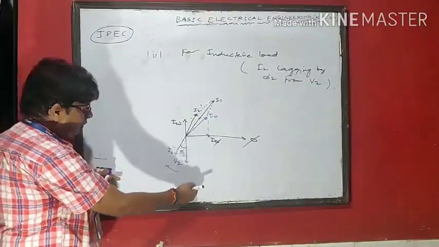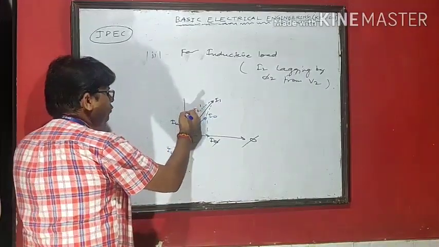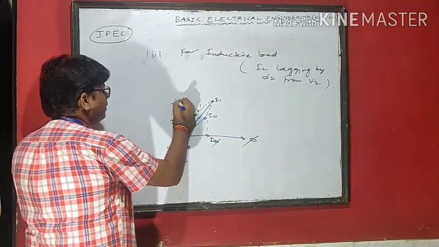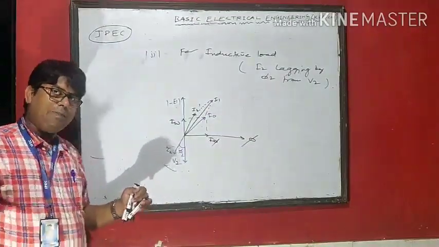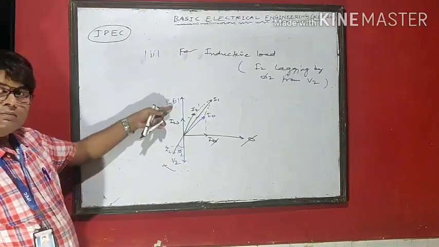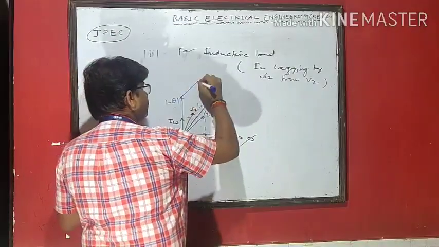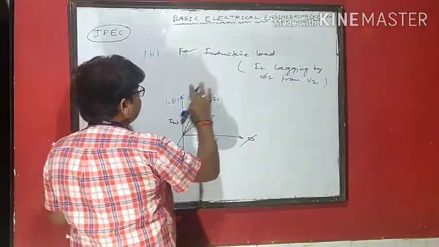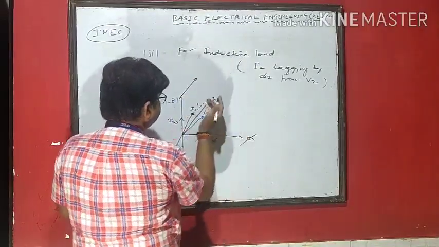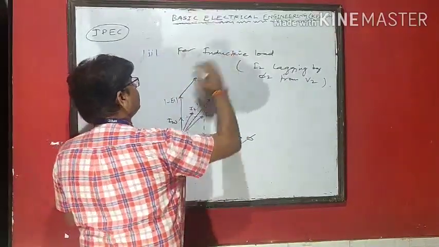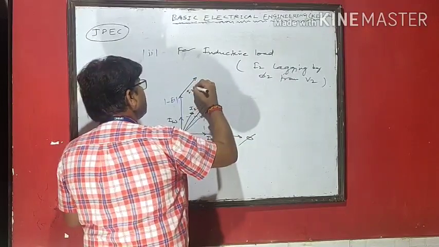You know that E1 is below the reference line, so you can take it above the reference line. So the magnitude of E1 is above the reference line. In the primary side, what is the equation of E1? E1 we have got plus I1 R1. I1 R1 is the voltage drop across the resistance, and resistance and current are in the same phase. That means this and this line are in the same direction, and the angle between them is 0. So this is your I1 R1.